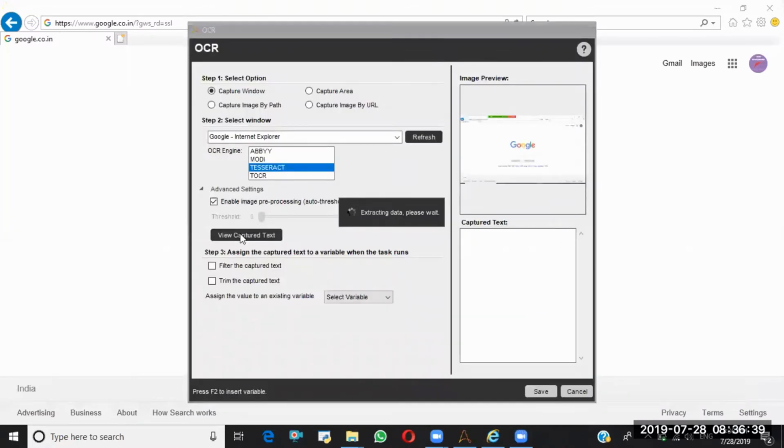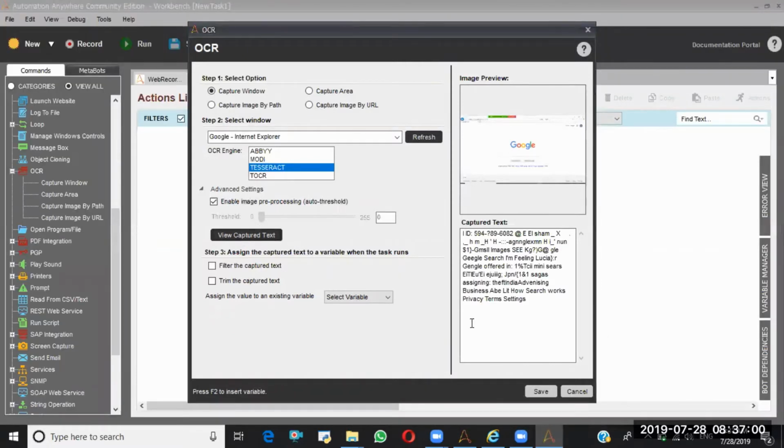It is extracting data from the screen. It will take a lot of time because it should process the things. Let's see. This much information is there on the screen.